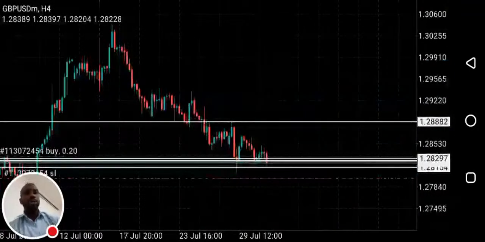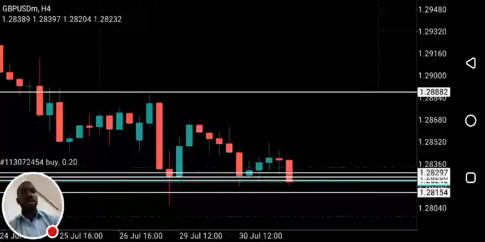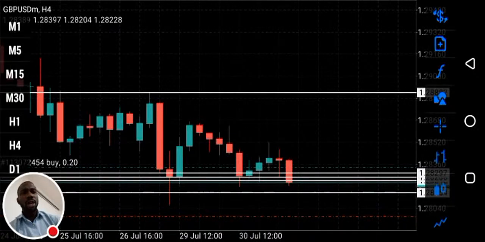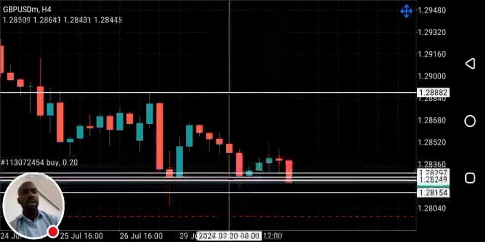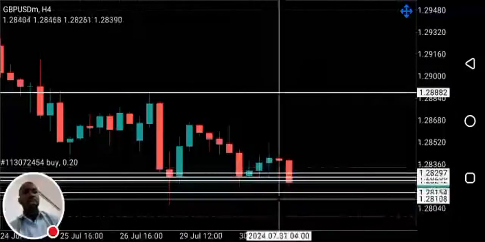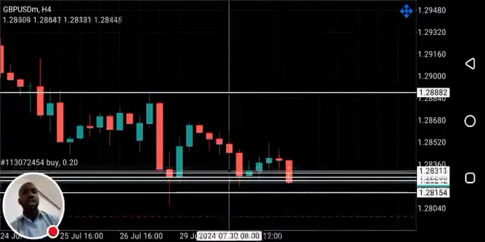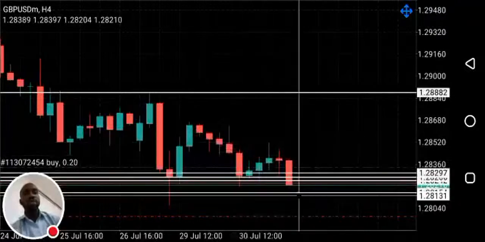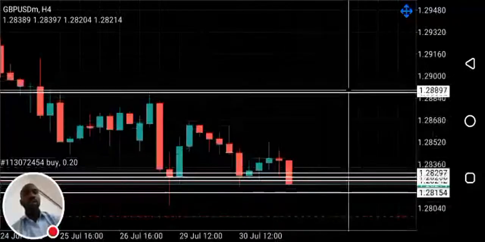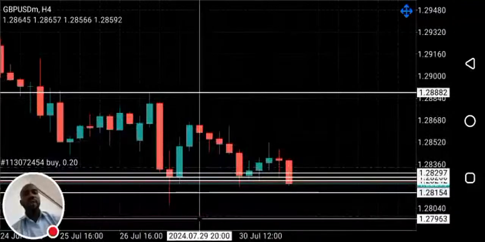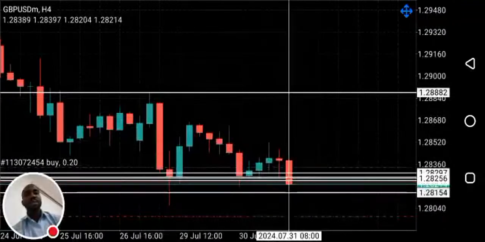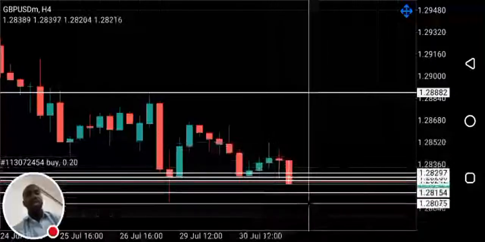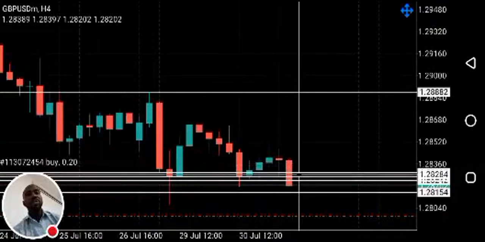I'm currently buying GU, and GU is selling at the moment. My buyers still remain bullish on GU. You can see GU has been struggling for days now to break this fair value gap. If this current 4 hour candle closes below this fair value gap, I was expecting this pullback. I was expecting GU to pull back to fill this gap before going bullish. That's why I have my stop loss far below this fair value gap. I know this fair value gap is an area of imbalance or liquidity, and the institutions are most likely going to come there. That's why I have to set my stop loss far below.